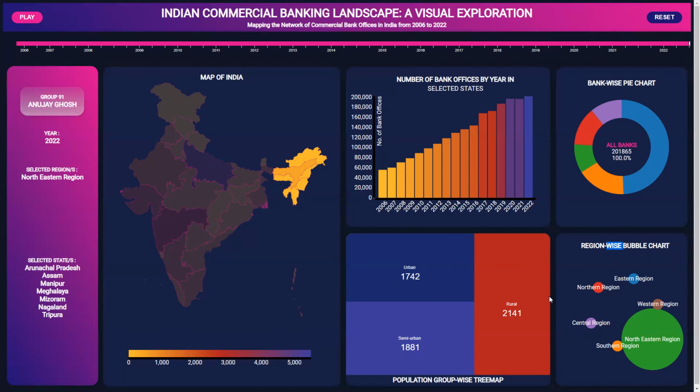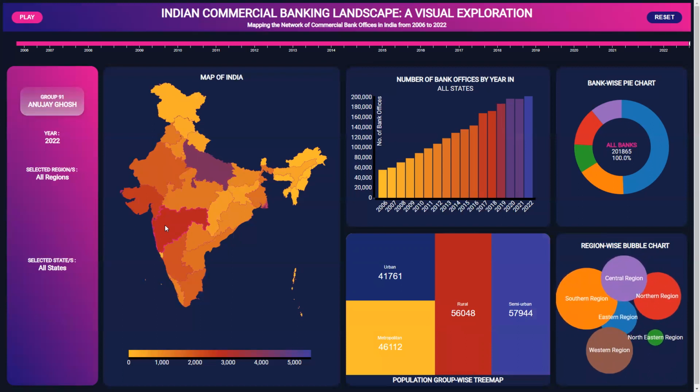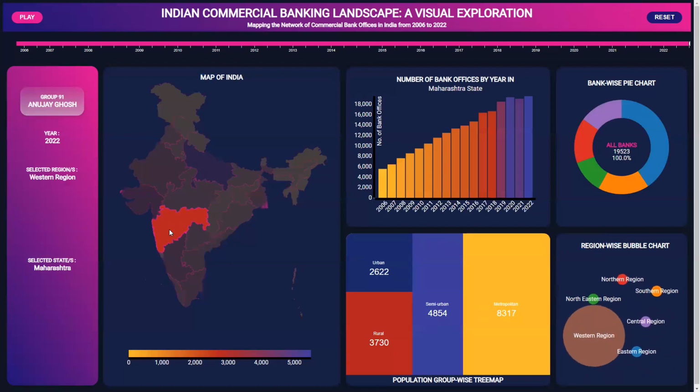You can see here there's no metropolitan population group for the Northeast because there's no metropolitan city here. And the highest share of population group here is the rural because of the terrain itself. Going on to different states, if I check for Maharashtra, which has the Mumbai city, you can see the highest share goes to the metropolitan population group because Mumbai is densely populated, and people from all over India try and come to Mumbai to make it